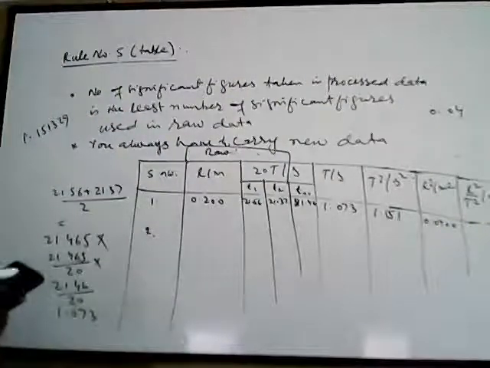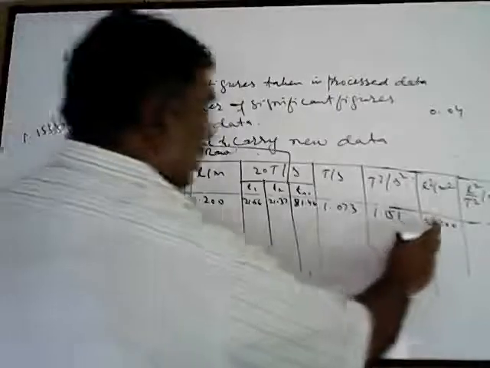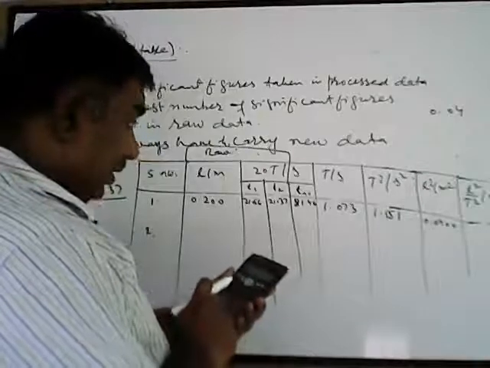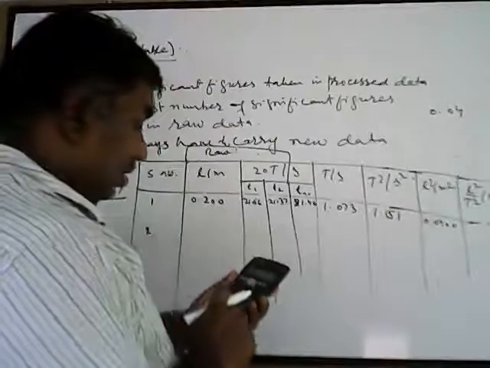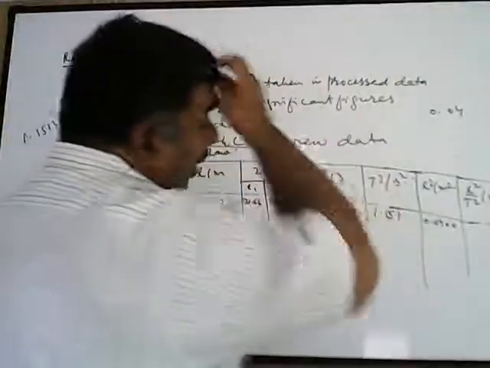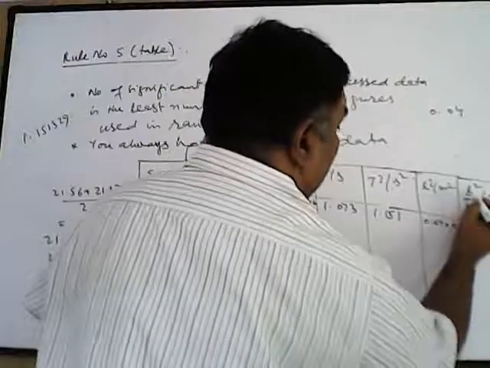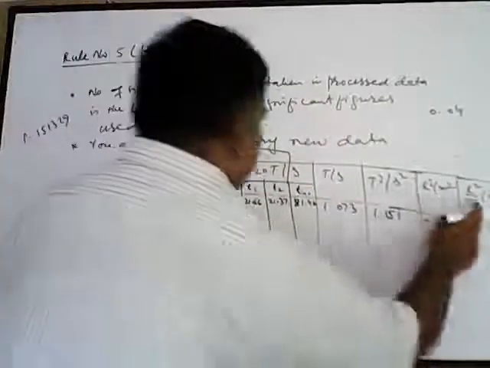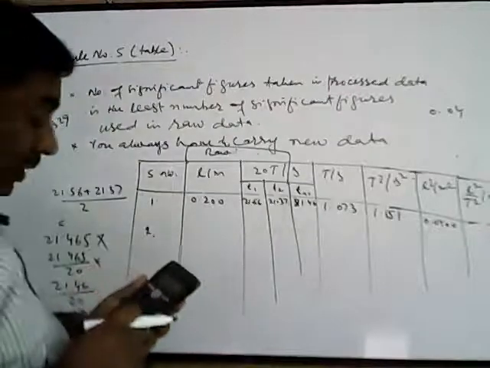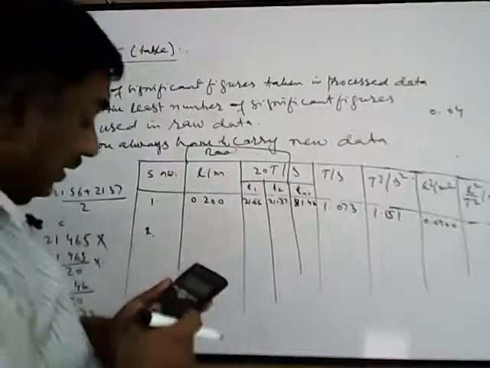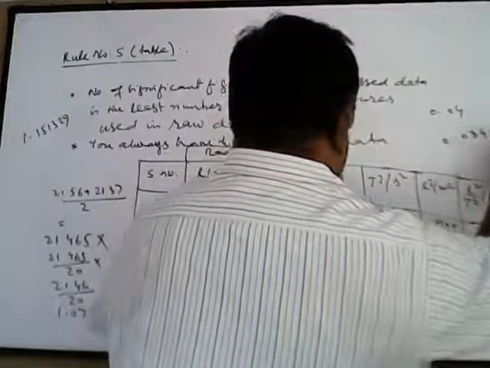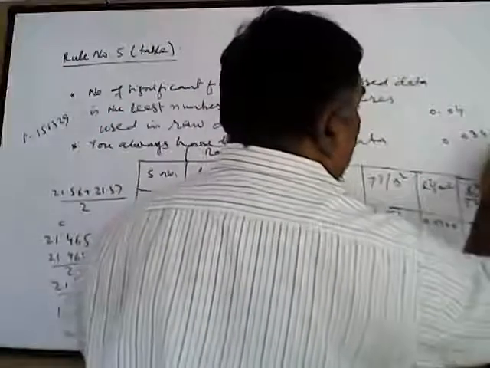Now what about L square upon T square? I will take 0.04 divided by 1.151. It is coming to be, and see how many significant figures I should use. L square upon T square involves L and T. L has 3 significant figures and T has 4. So the least number of significant figures is 3. I can write one more, but 3 is better. So this comes out to be 0.034752389. So 3 significant figures up to here.